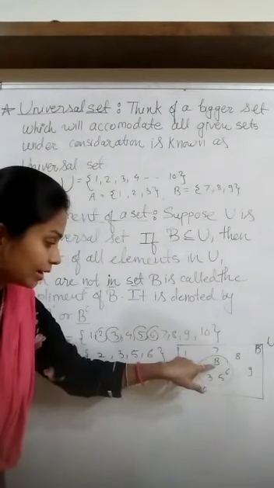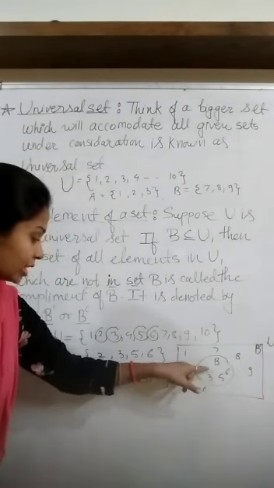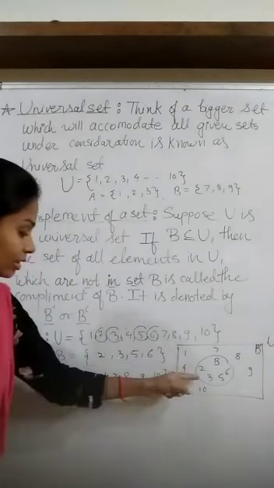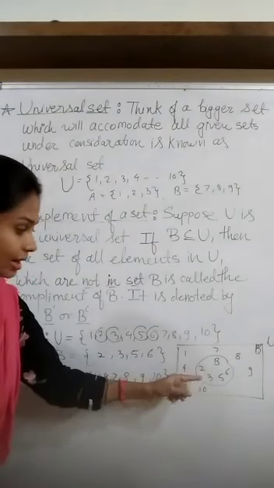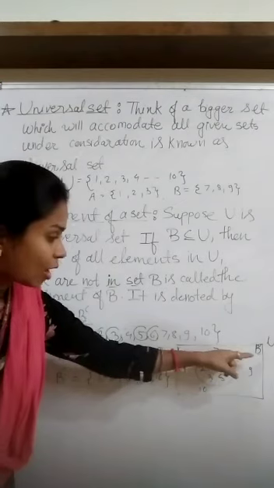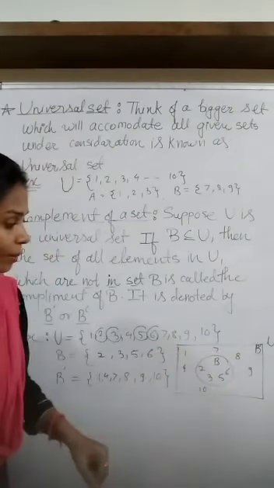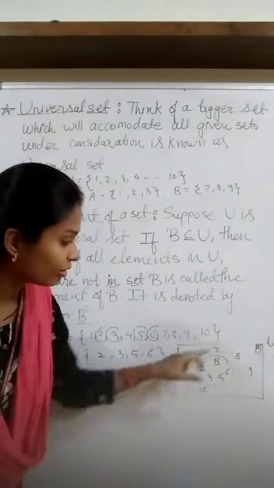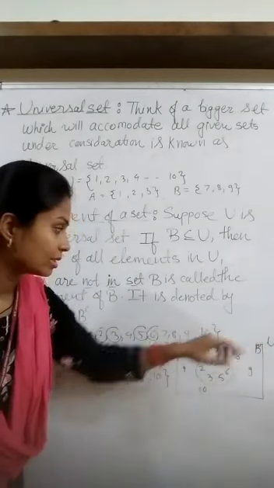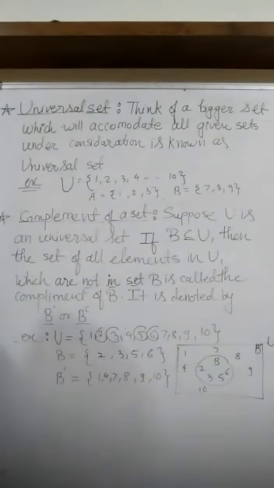And the inside part is the set B. What are the elements of the set B? 2, 3, 5 and 6, that are written on the inside. ये B के elements है. Outside we have the B complement elements, and outside of the whole Venn diagram I have written here universal set. So I hope that you are clear with these 4 to 5 definitions.